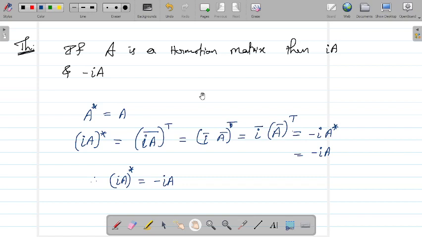So this is what you can observe: (minus iA) star is equal to iA. But be careful, we started with minus iA, so let me write minus iA here. Minus of minus iA gives me i times A. So you started with the matrix B, you took its conjugate transpose, and we end up with minus B. Therefore you can conclude that this B is a skew Hermitian matrix. So minus i times A is a skew Hermitian matrix, provided A is Hermitian.